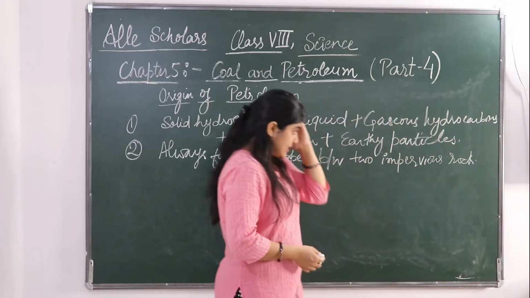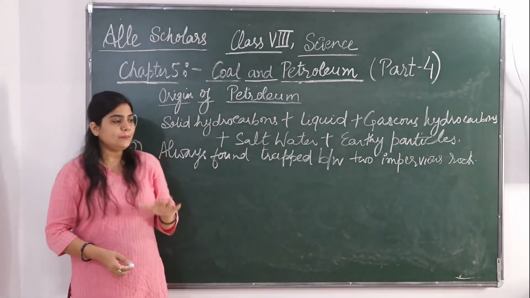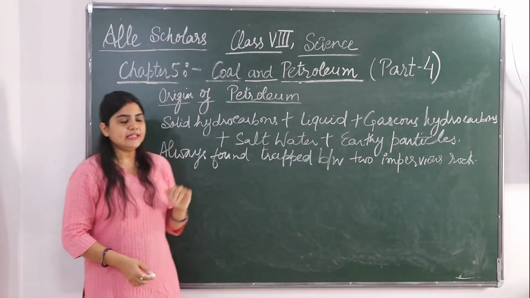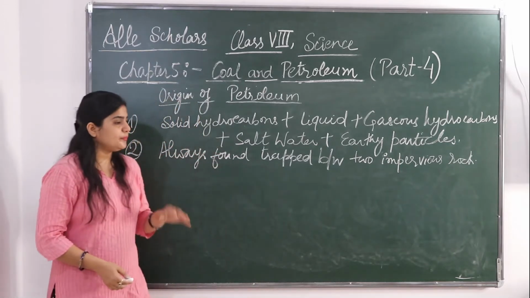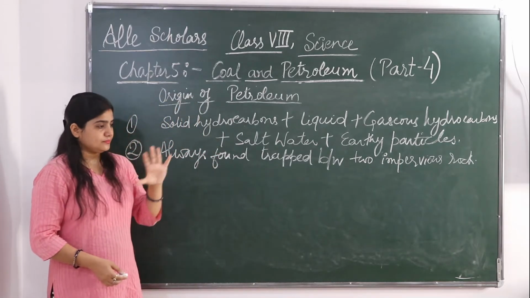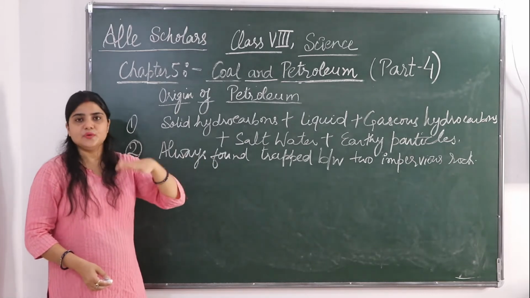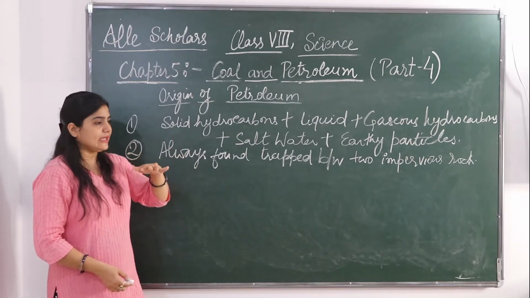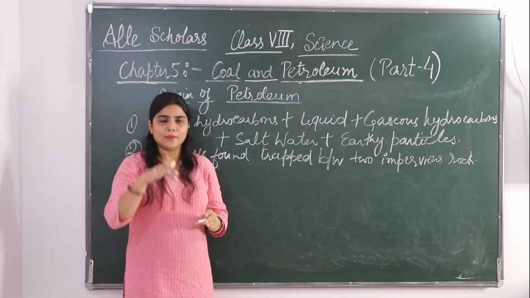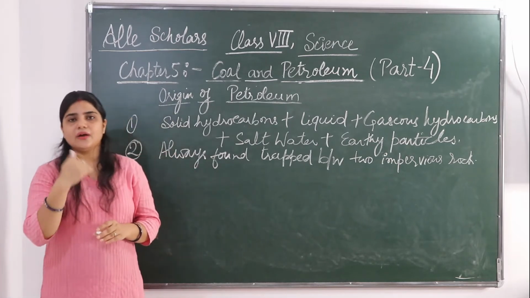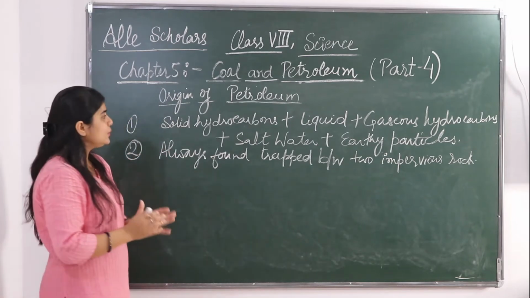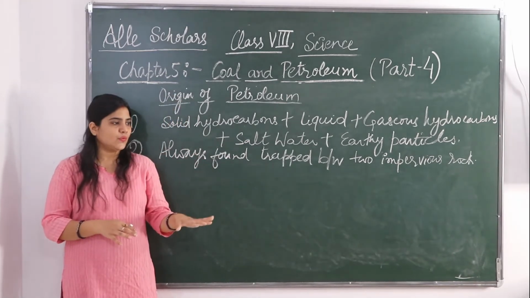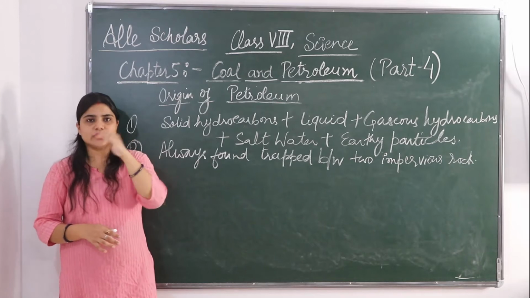So when we see the deposits of petroleum, we find the layers containing petroleum oil above the water. वाटर के ऊपर बहुत सारे लेयर्स हमें मिलेंगे पेट्रोलियम ऑयल की. Why is that? Why does petroleum float above the water? The reason is that oil and gas are both lighter than water and they do not mix with it, so they float on it.